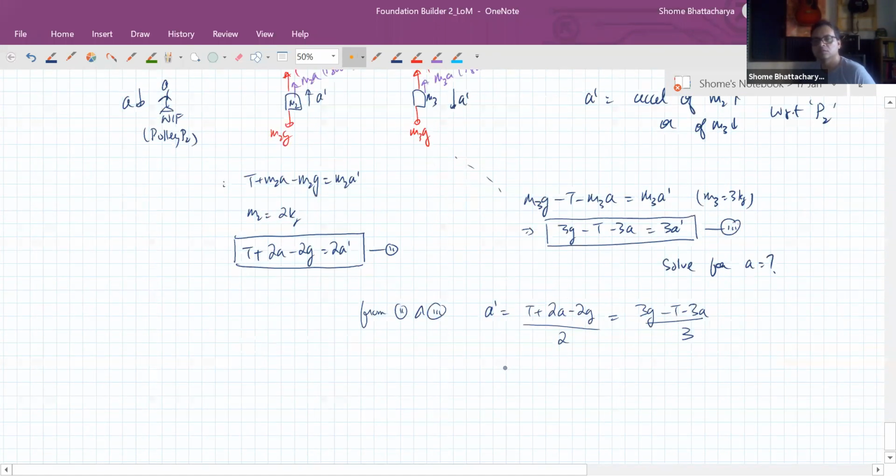Okay. So T by 2 plus A minus G is equal to G minus A minus T by 3. Okay. So T into 1 by 2 plus 1 by 3 is equal to,